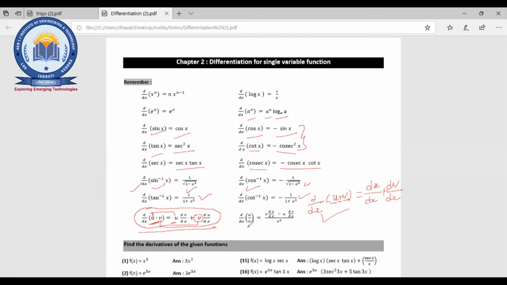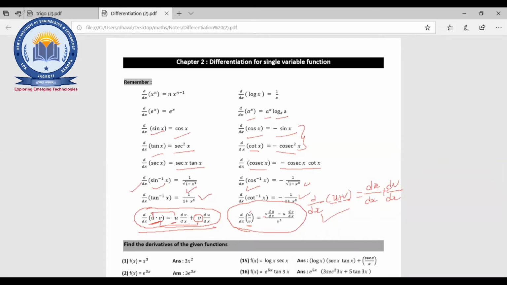Now this is the division, the quotient rule, right? So this is the equation for it. Okay, u upon v. Here v, whatever is in the denominator, will be as it is. Compulsorily you have to go in that way. v into du by dx minus u as it is, dv by dx, upon v square. Whatever is in the denominator will remain as it is. Fine.